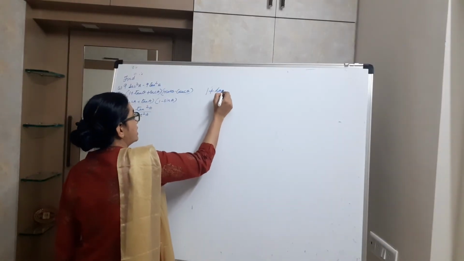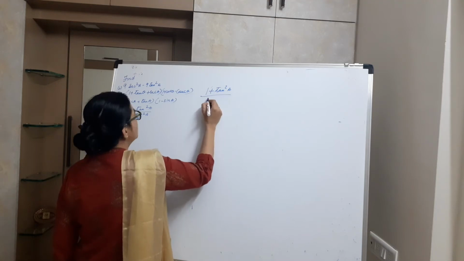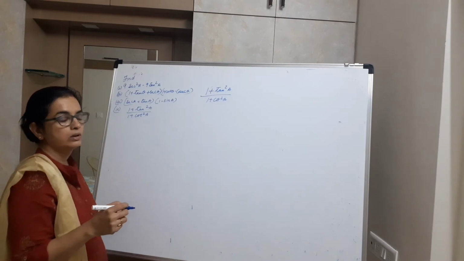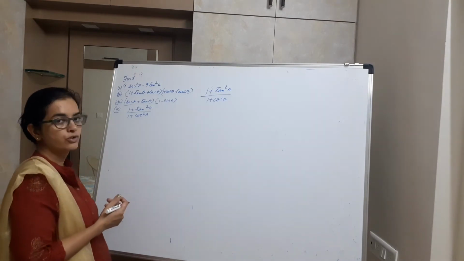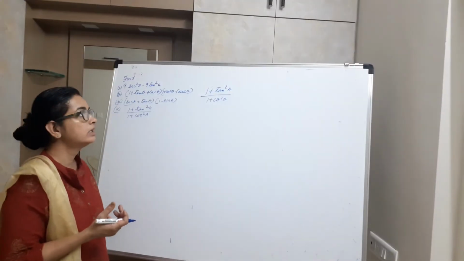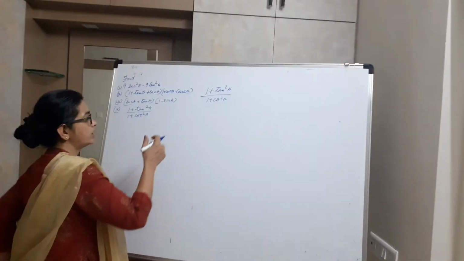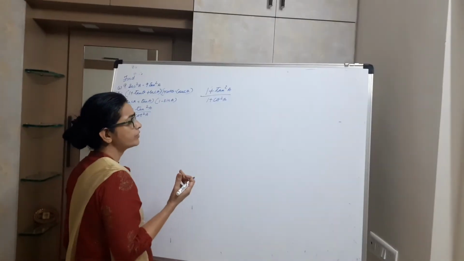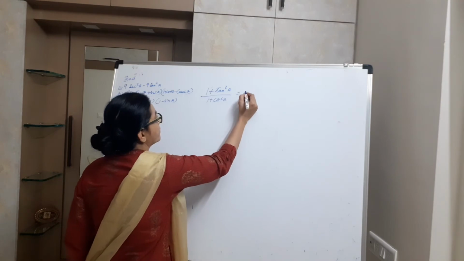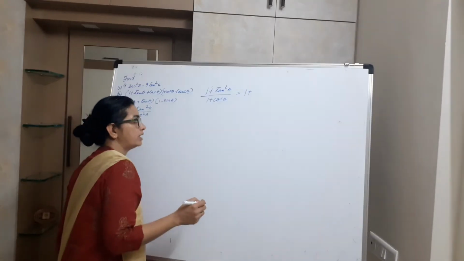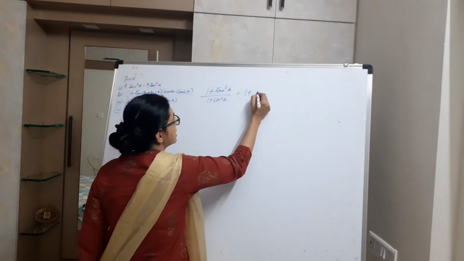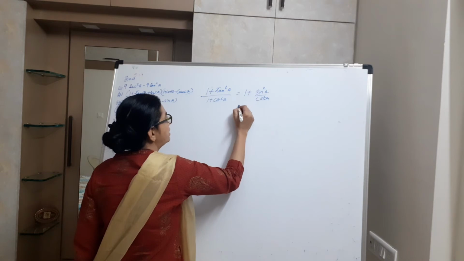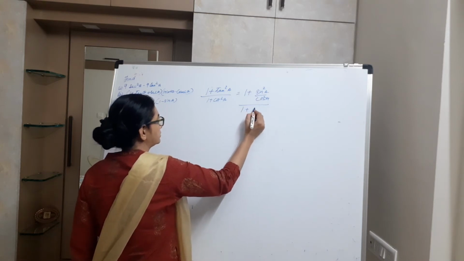One plus tan squared A upon 1 plus cot squared A. Again we are going to replace these trigonometric ratios with the ratios of sin A and cos A. So we are not going to use tan squared A and cot squared A. We are going to replace them with the ratios of sin and cos. What is tan A? It is sin A upon cos A. But here it is squared, so put squared upon 1 plus,